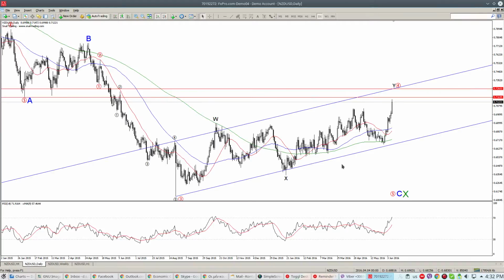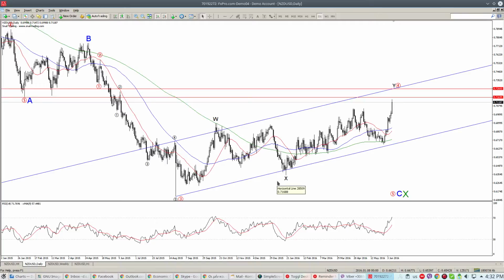Given yesterday's bounce in the New Zealand dollar, that was quite unexpected based on my analysis and changes a lot of things to that analysis, and I have to work on that. So probably I'm not gonna publish any updated charts anytime soon this week before I figure out what exactly has happened. But looking at the daily chart at this point, I can see a few important things.